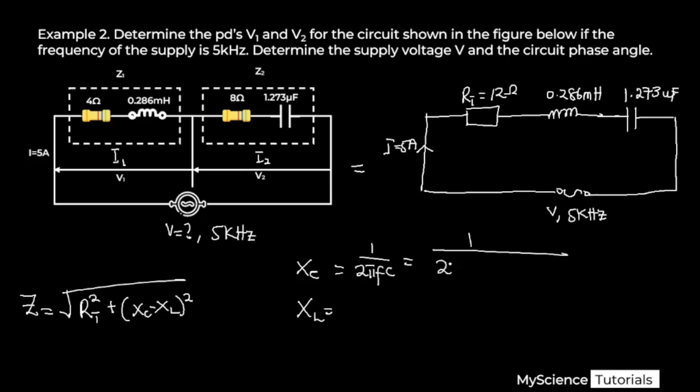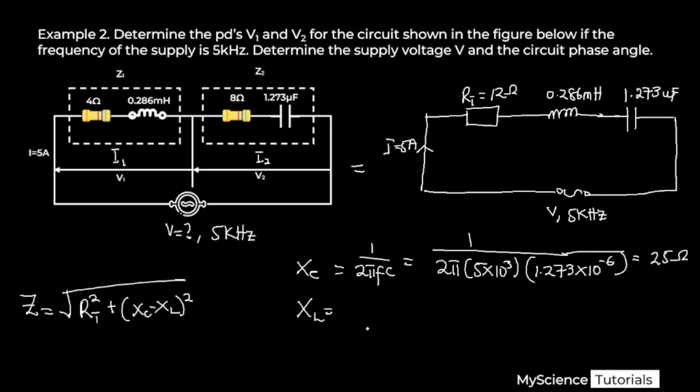So we have 1 over 2 pi. Our frequency is 5 times 10 raised to the power 3, multiplied by our capacitance, which is 1.273 times 10 raised to the power minus 6. So if we compute everything we have here into our calculator, we are going to get exactly 25 ohms as